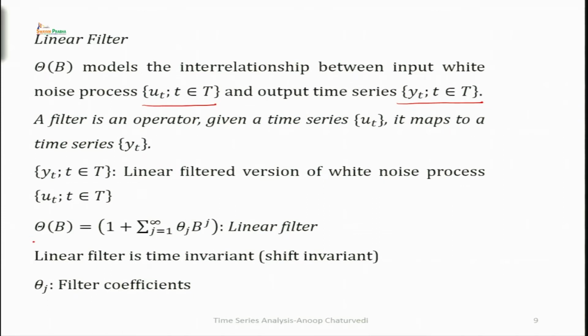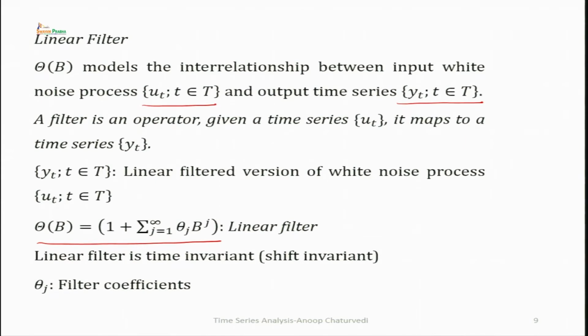Here theta B equal to 1 plus summation j equal to 1 to infinity theta j B to the power j is the linear filter, and this linear filter is time invariant or shift invariant. It does not depend upon t, or with the shifting of time it does not change. It is not like that at time t you have one filter, at time t plus 1 you have a different linear filter. It is time invariant or shift invariant. Theta j's are called the filter coefficients